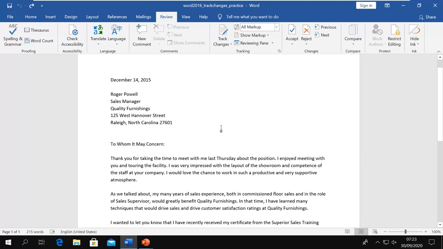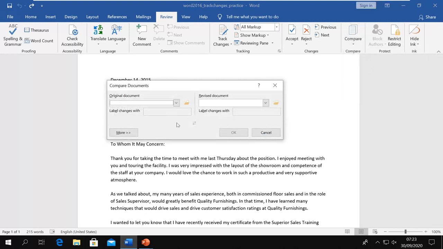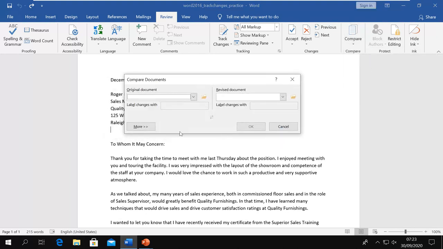So I have my document, this is my original one, and I have some revised document also. I will go to the Review tab and the Compare command, and I will select Compare. Once I select, it opens this dialog box. Now I have to decide my original document.